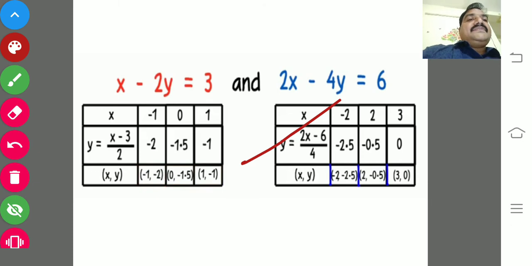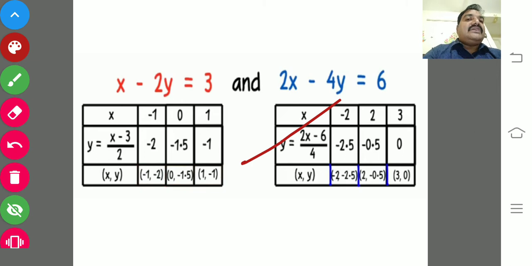So if you substitute, one more thing I would like to say: there is no need to always substitute 0, minus 1, 1 using the number line. You have to see which values will give you smaller values in the graph. Sometimes if you take 0, you won't get a proper answer. If you take 1, you won't get a proper answer. You have to see which one is nearer and more suitable. Those values only you take.